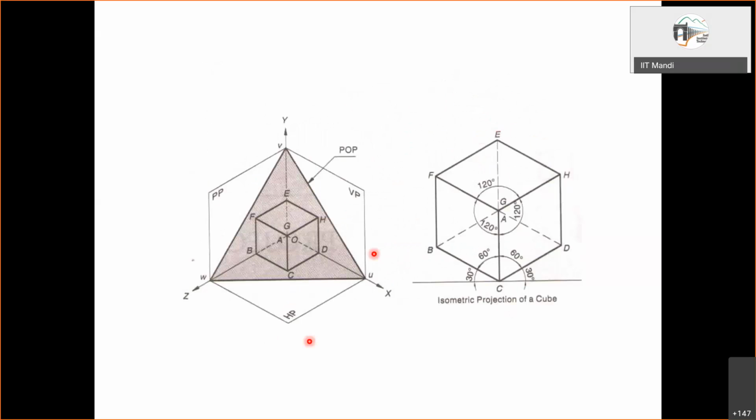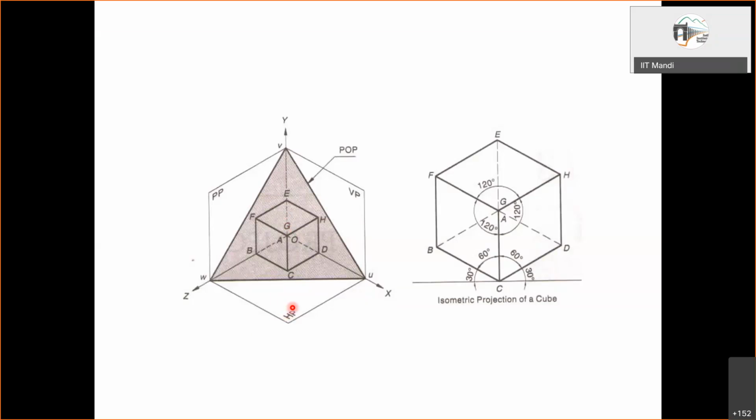Here what this is saying is, suppose we have a set of three planes: profile plane, vertical plane, horizontal plane. On the vertical plane we get the front view, on the profile plane we will get the side view, and on the horizontal plane we will get the top view, right? Now if we have a plane of projection which is equally inclined to all these, and this cube is placed like this, that is with one face parallel to VP, one parallel to the profile plane, and one parallel to the horizontal. So it will be in pairs, of course: two faces parallel to the vertical plane, two parallel to the profile plane, two parallel to the horizontal plane.